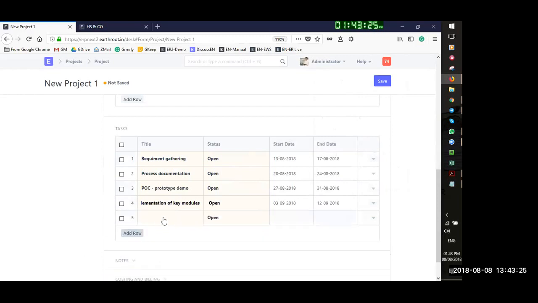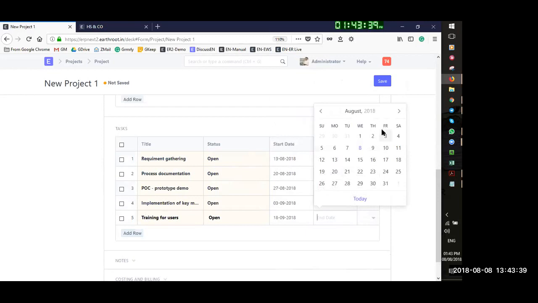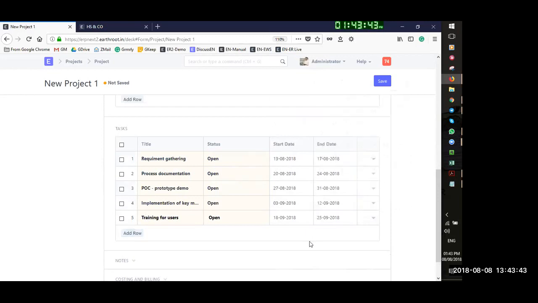That's it. Then we have training for users, which will start from 18th and go till 25th. Then we have the sign off meeting,